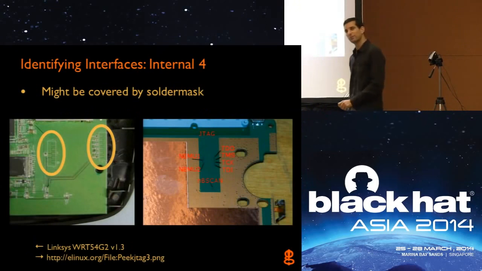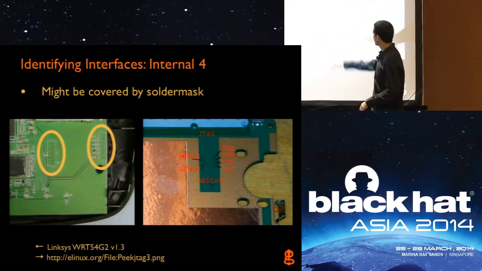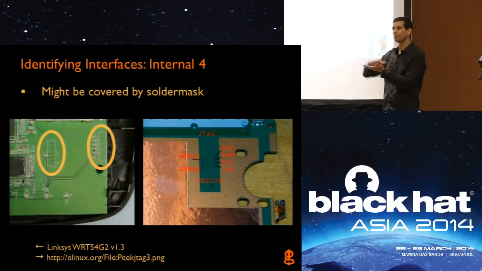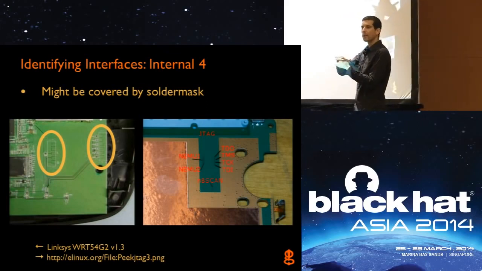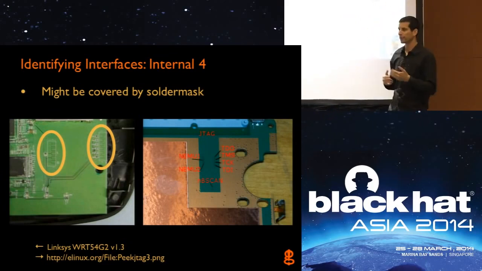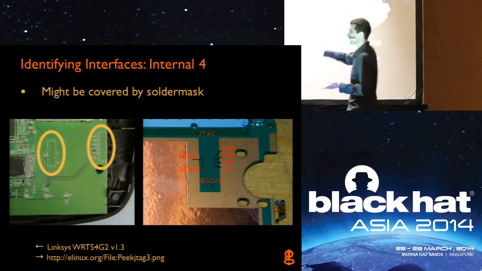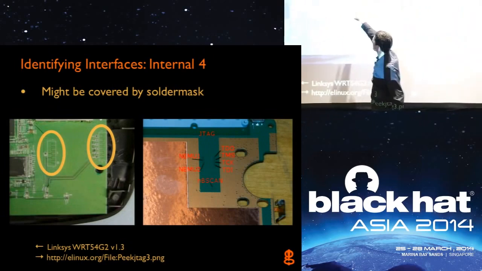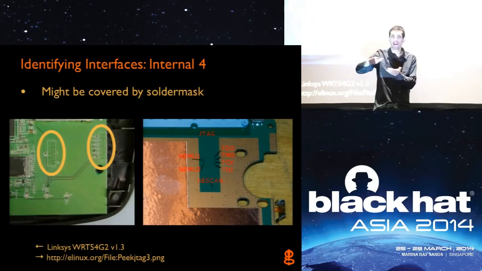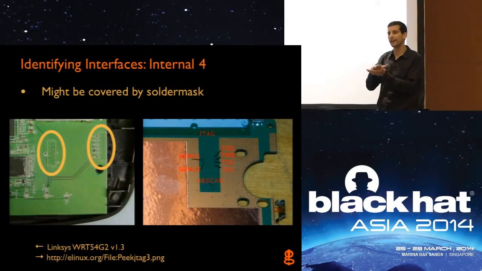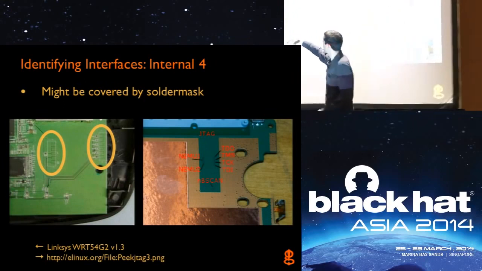Other boards try to be a little more sneaky, covering the interface with solder mask. And solder mask is a coating that goes on top of the board to protect any copper areas that don't need to be exposed to the outside world, that don't need to have components soldered onto them. So here's a connector, two different connectors actually, with the solder mask on top. So the only way you can get access to the actual copper and make contact is to scrape off the